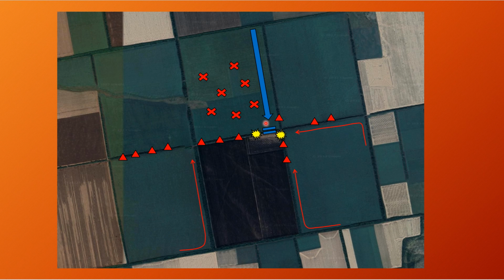And even then, if they succeed and force Russia to fall back, well, then they're going to have to do it all over again, the next tree line, because the next field is going to be full of mines as well. And the next tree line is going to be full of Russians, and they are going to be ready with anti-tank missiles, and they're going to be ready with RPGs, and their artillery is ready to shower you with shells and what have you all over again. So no wonder that this is taking such time,